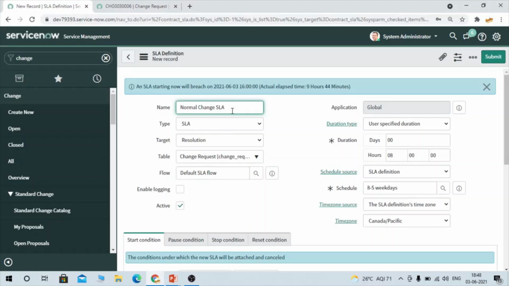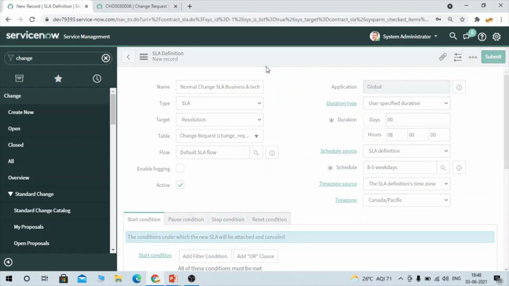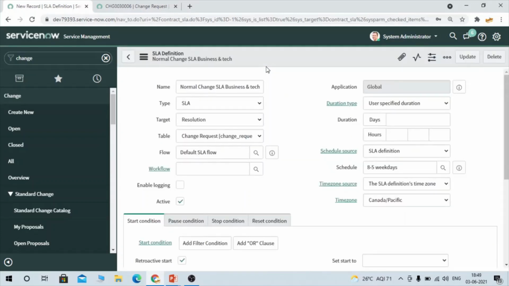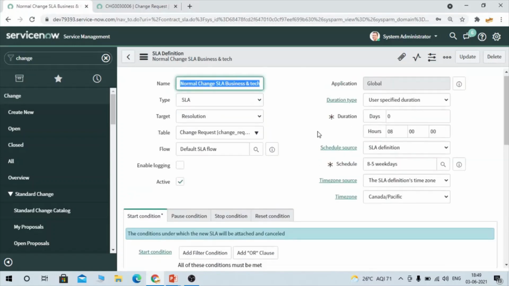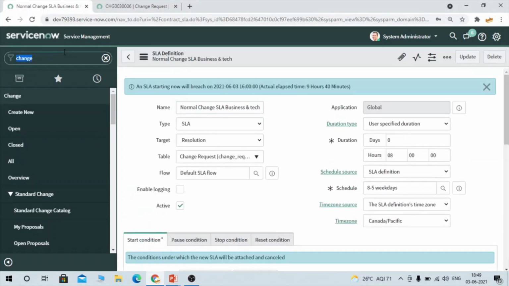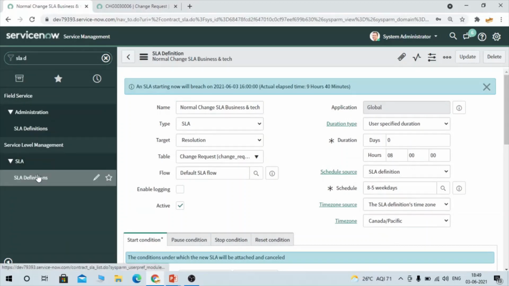Here I'm going to provide business and tech. And for the second one, we need to configure another one, right? For CAB.